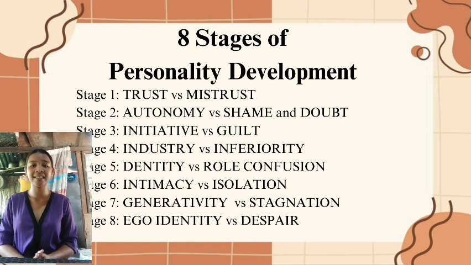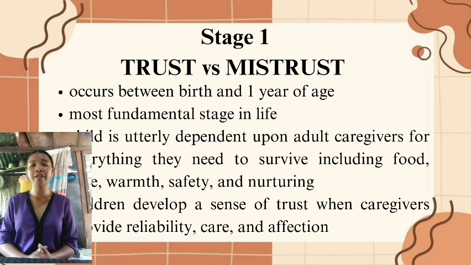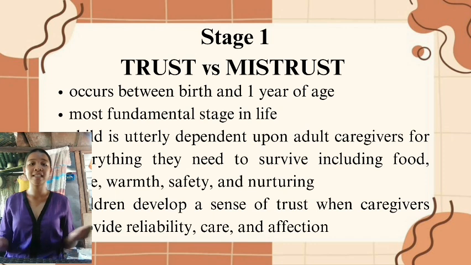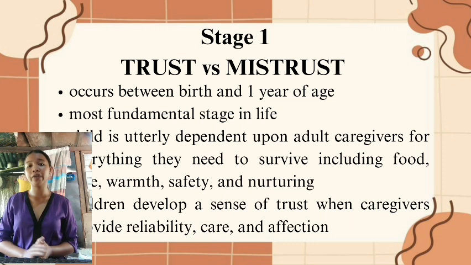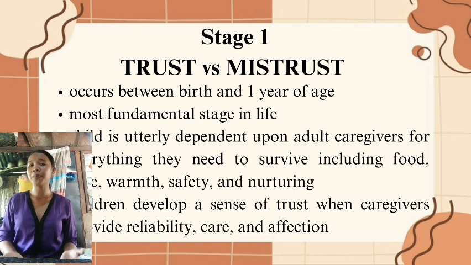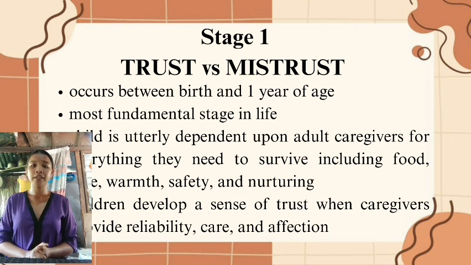So first we have stage 1, trust versus mistrust. The first stage of Erikson's theory of psychosocial development occurs between birth and 1 year of age and is the most fundamental stage in life. Because an infant is utterly dependent, developing trust is based on the dependability and quality of the child's caregivers. At this point in development, the child is utterly dependent upon adult caregivers for everything they need in order to survive,